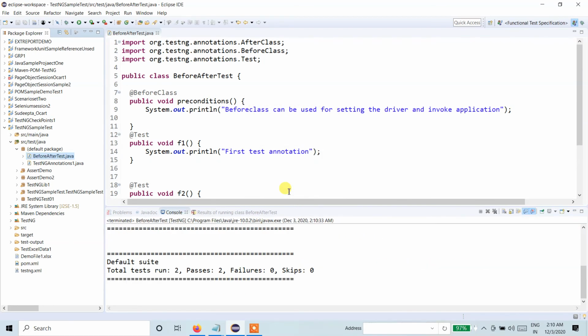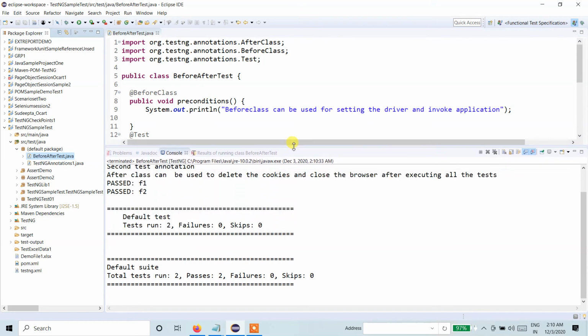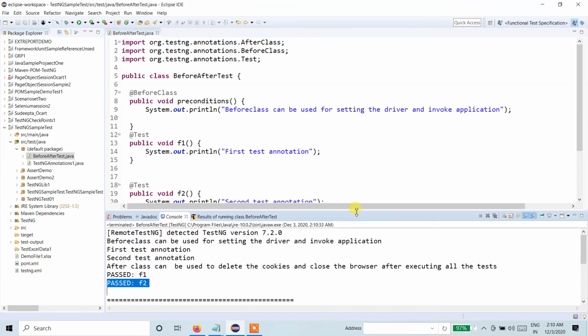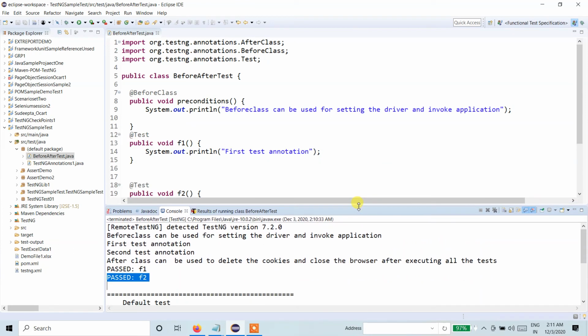My execution is done and I am getting the report over here. These are the test annotation outputs. My two tests have passed. It is not mentioning the BeforeClass and AfterClass annotations because they are not part of the test cases. These are the preconditions and postconditions, which are ignored in the report.